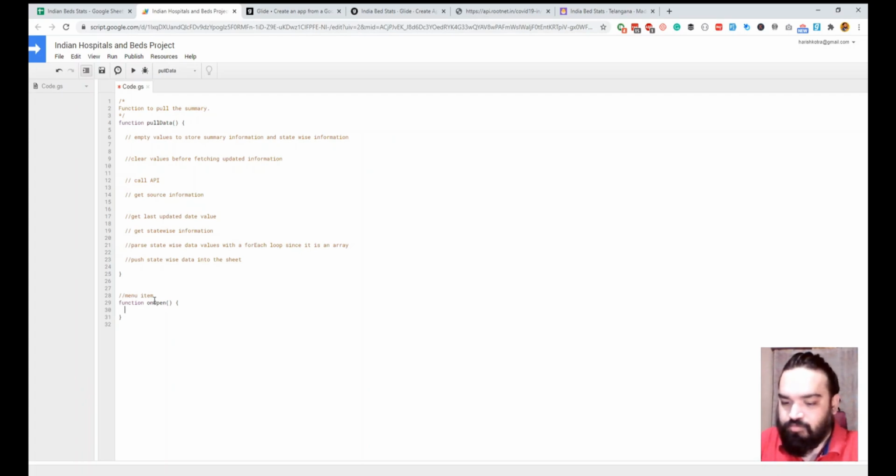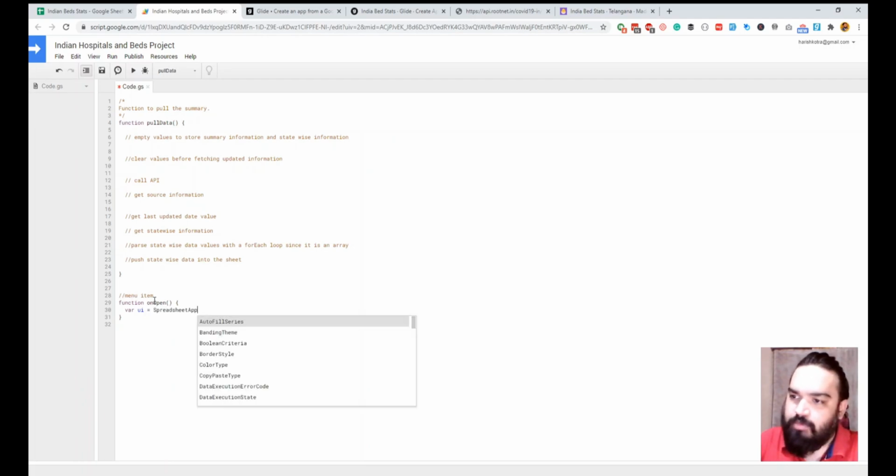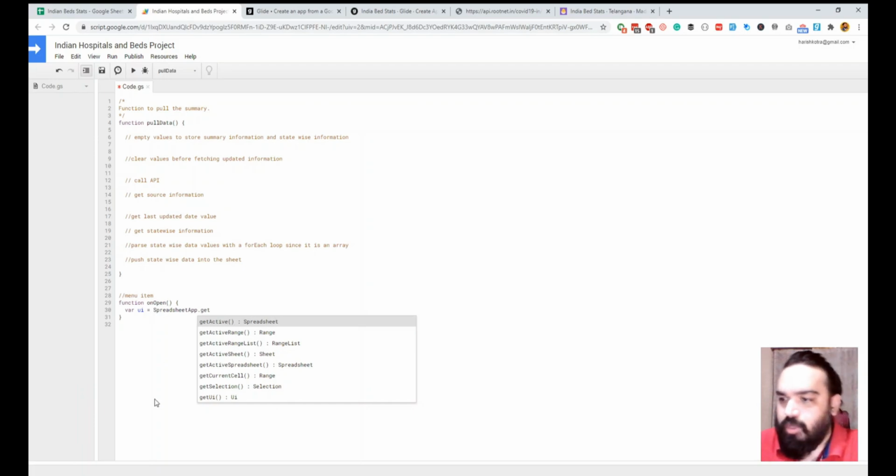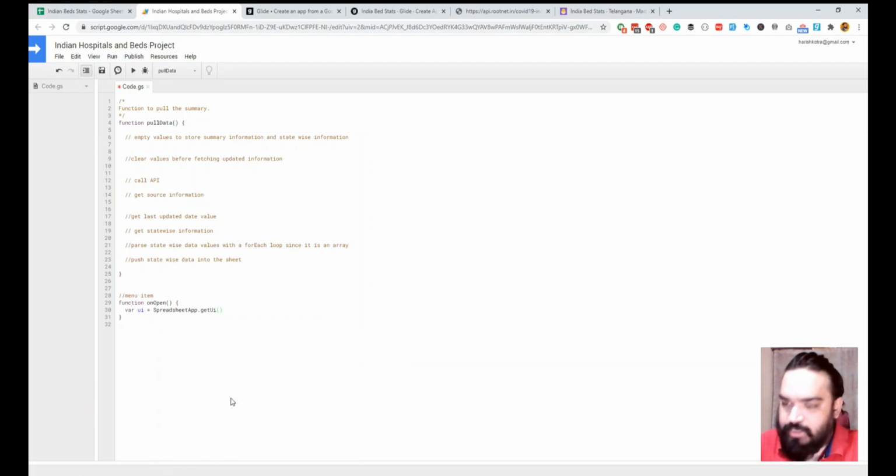So first is to create a UI and get the sheet. So we'll do SpreadsheetApp.getUi, and inside this is where we will add the menu item. Once we have the UI, the next step is ui.createMenu, right?